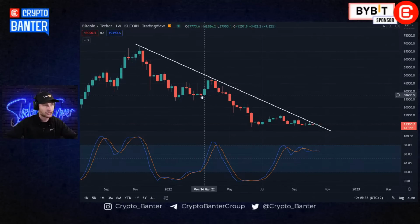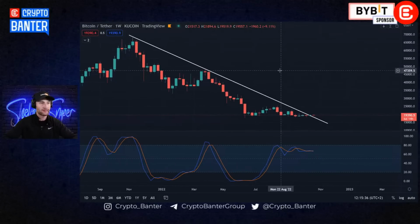You can hit any range of just having 1 or 2 decent weekly size candles. And that should always be the era of us exiting. You know, a lot of people have been asking the question, should I get out of the market now? Should I take profit? Not even take profit, should I get out? Because apparently we're in a very long bear market and things are not looking good. We need to ultimately still stick to the strategy of when we have a really good week or two of green,